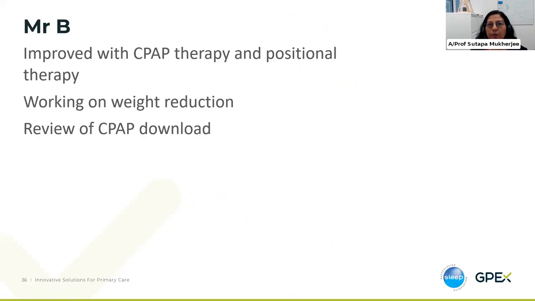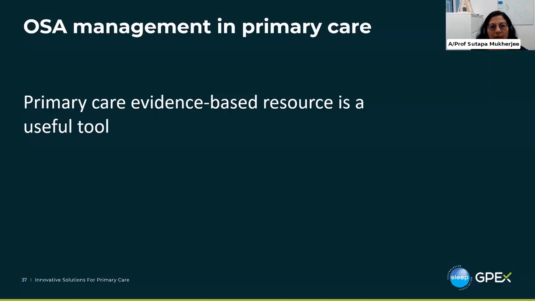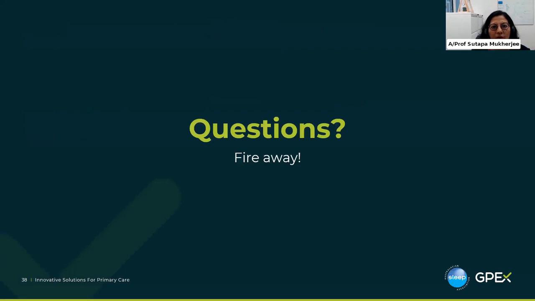And so he actually improved with CPAP therapy, and we added in positional therapy to get him off his back. He was coming back to see you to try to get his weight down, and there were regular reviews of his CPAP download. So in conclusion, I would encourage you to have a look at the primary care evidence-based resource, and we'll move